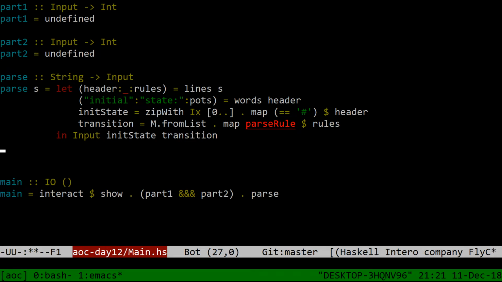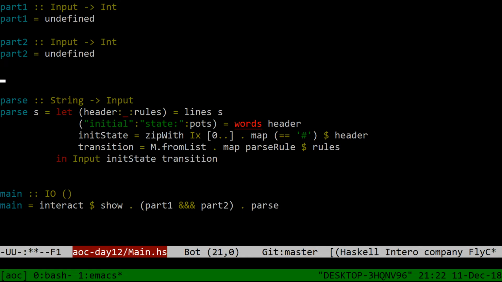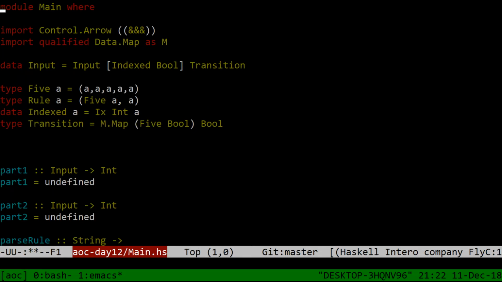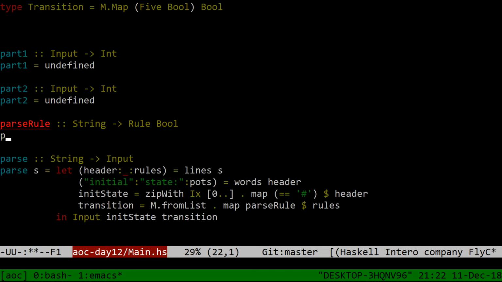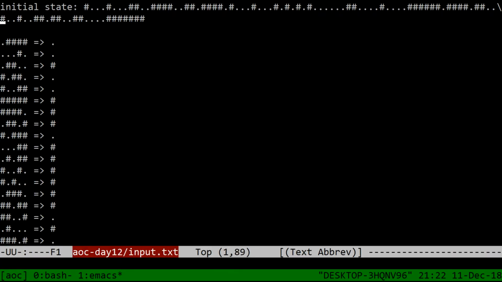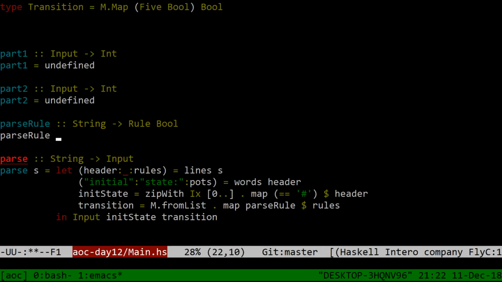Where, well, we'll just define parse rule as a top level function. Parse rule takes a string and produces, of course, a rule of bool. Parse rule of s equals case